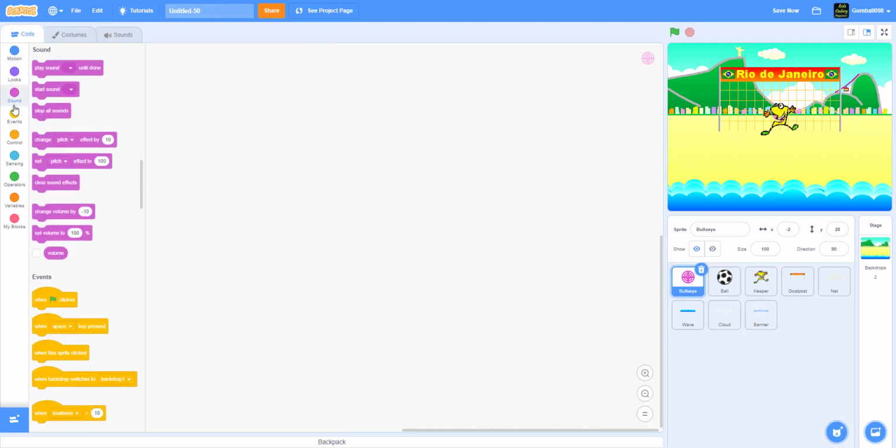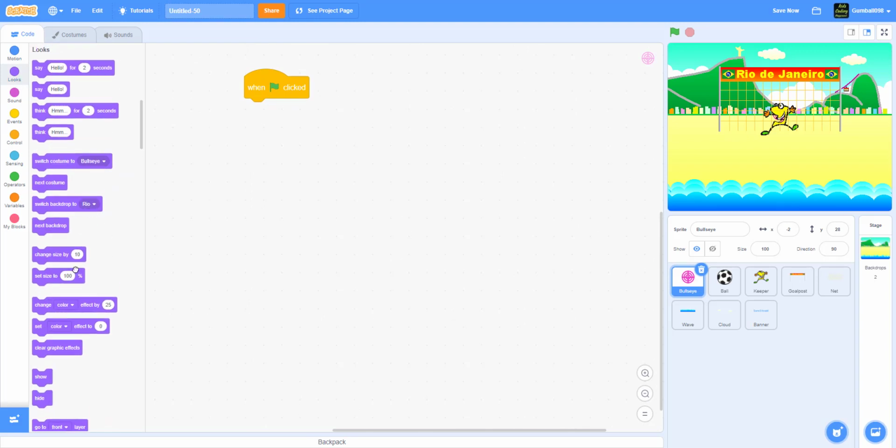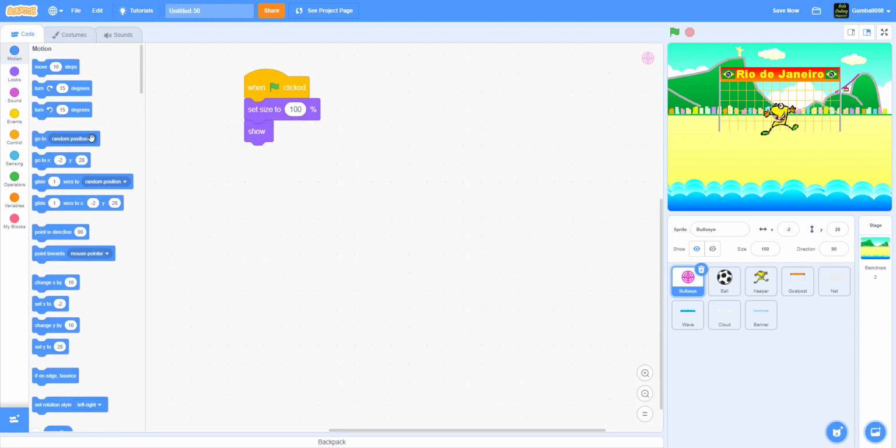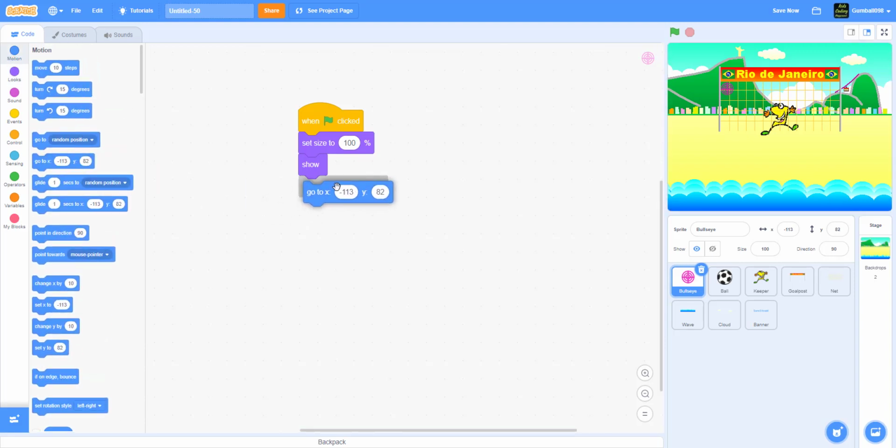So when the green flag is clicked, it will set size to 100%. So it's going to be pretty big on the show. And then after that, it will go to this certain position. So we have our bullseye, and we just want it to start around here, because we want the bullseye to start around there and go around. So go to this position, and then it will go forever